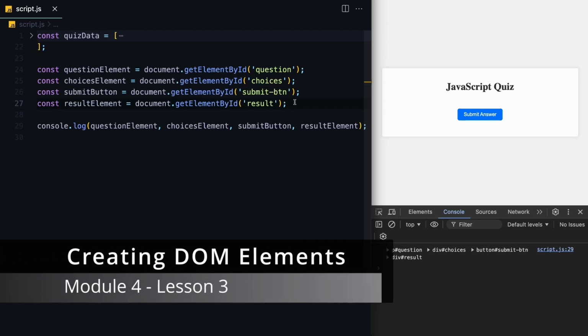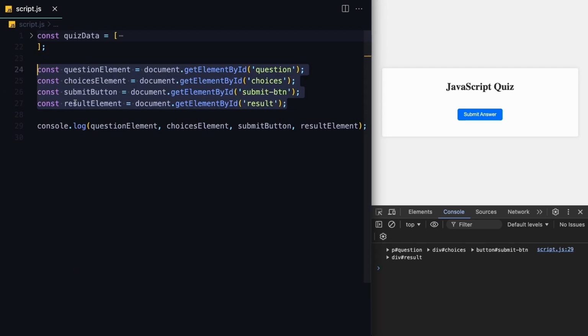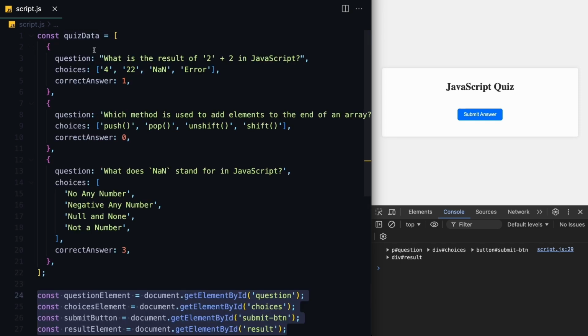In this lesson, we'll learn how to manipulate those elements which we selected from the DOM. And let's start by loading these quiz data questions on the screen and also the choices along with it. And let's start with small steps by only rendering the first question on the screen. For that,